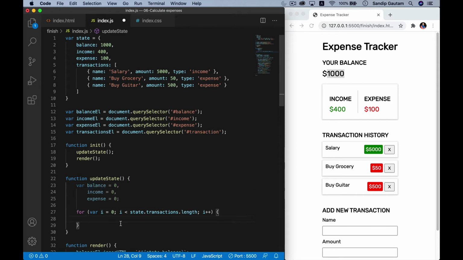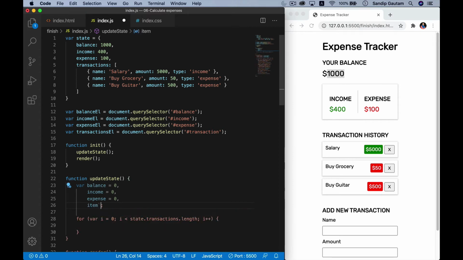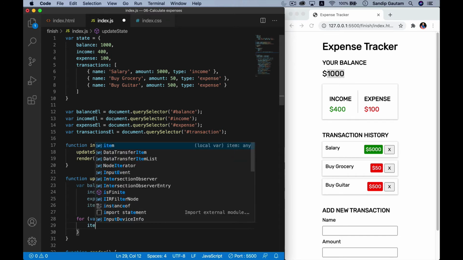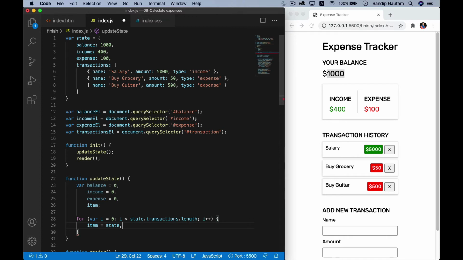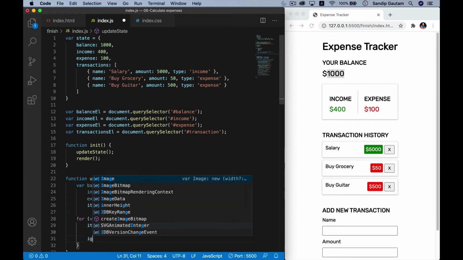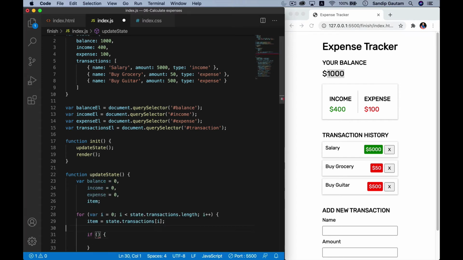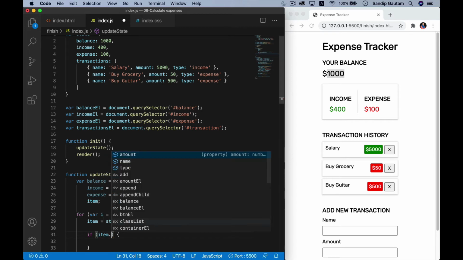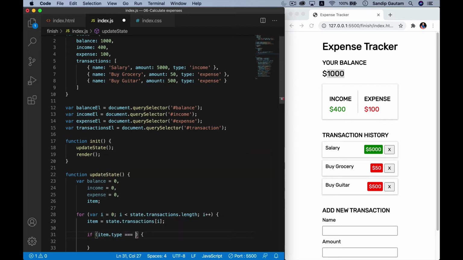So I'm going to create a new variable, maybe outside here only, just to have an item, I'm going to refer individual item using this variable. So let's have an item is equals to state dot transactions and then i. So this will give me the item, and I'm going to have a condition here. So I'm going to check whether my transaction, whether my item dot type, if type is equals to income,